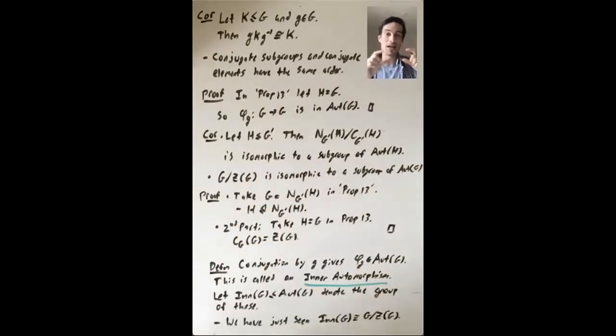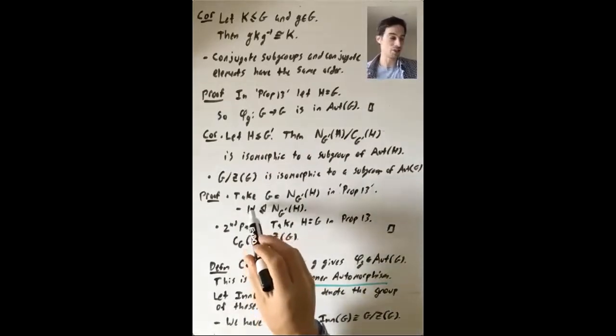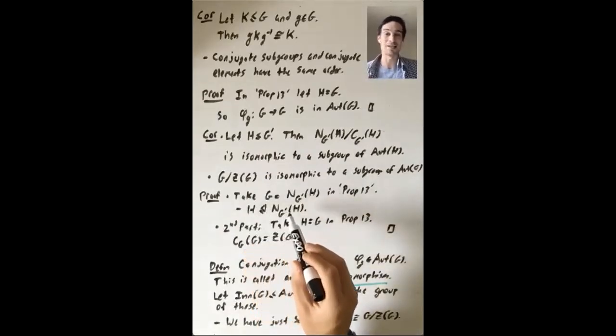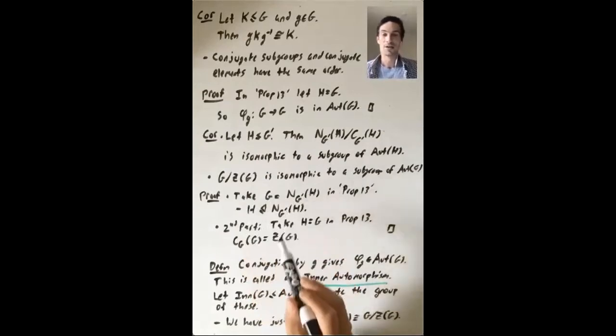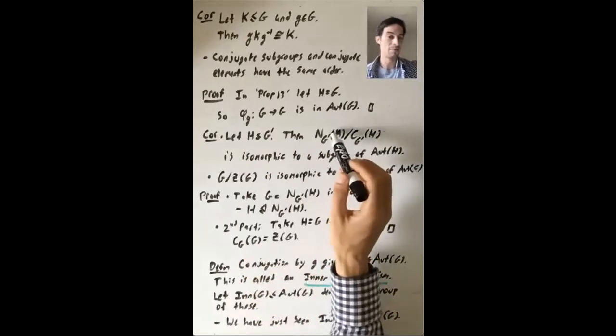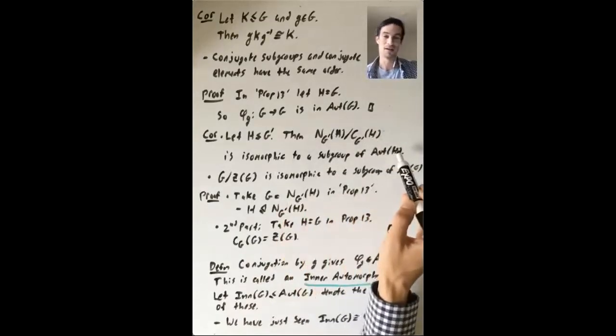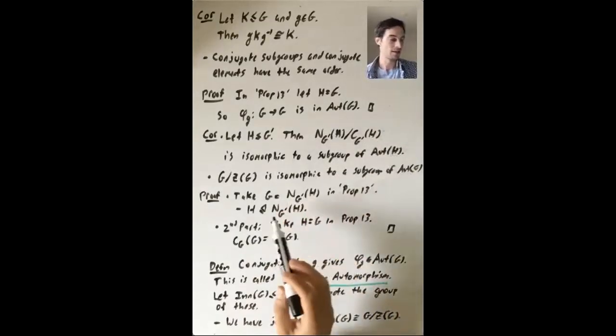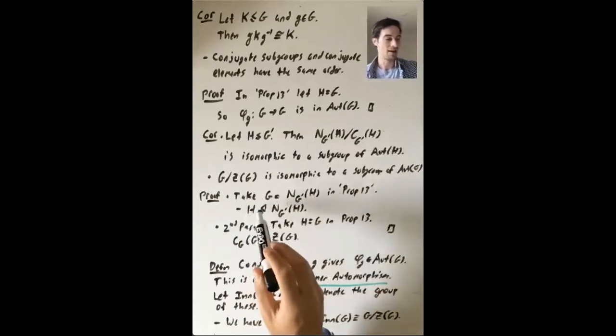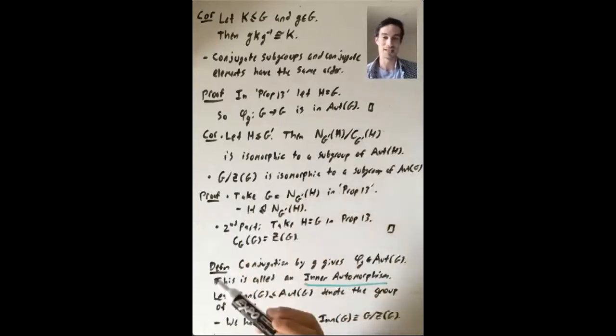And now that normalizer is also a subgroup. And the important thing is that your original group H is a normal subgroup inside its own normalizer. So now what does the proposition say? It says the normalizer mod the centralizer is isomorphic to a subgroup of Aut(H). Right? So H is normal in its normalizer. The centralizer of H in the normalizer just is the centralizer